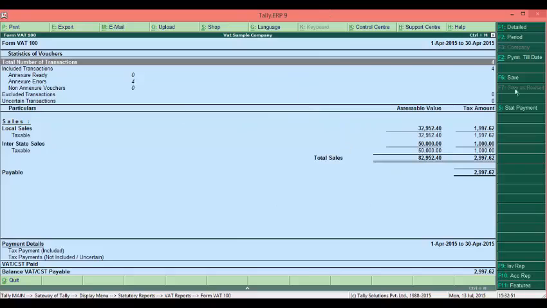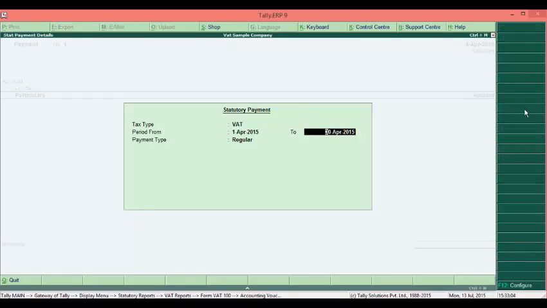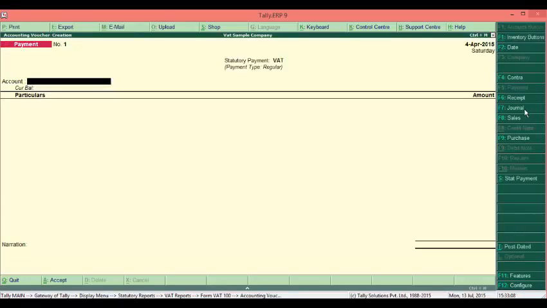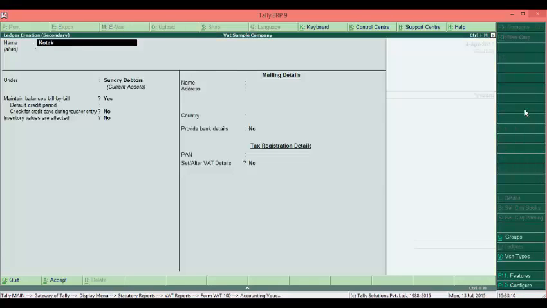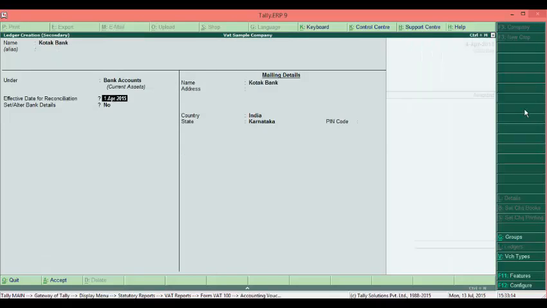I need to now do a VAT payment. So I click on statutory payment. It gives me the details of the statutory payment. Now I have to make a VAT payment, so I select VAT for the period of 1st April to 30th, payment type regular. Over here I can create a bank account to which I will be making the statutory payment.